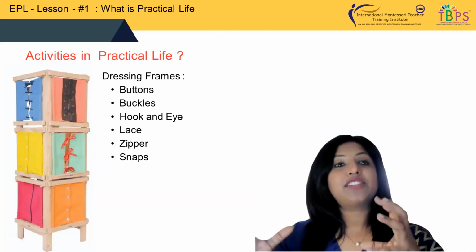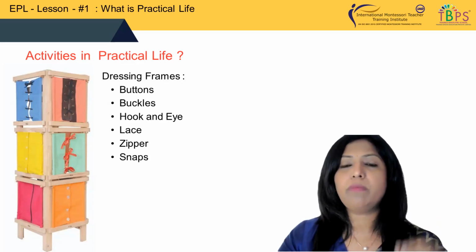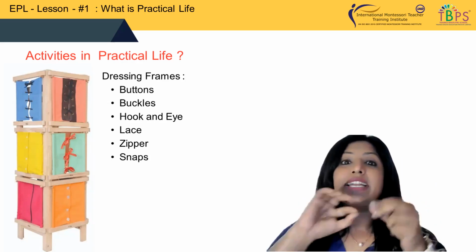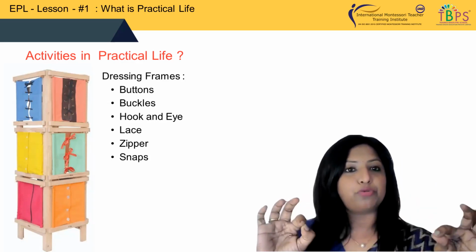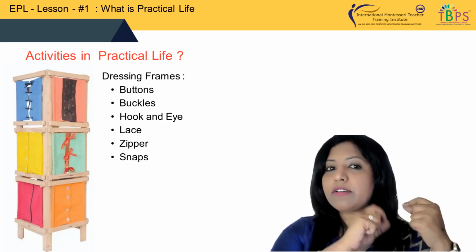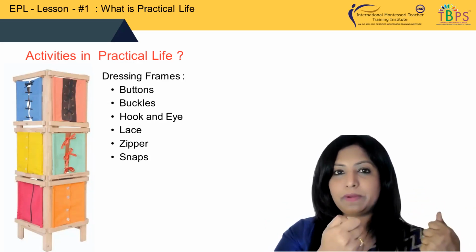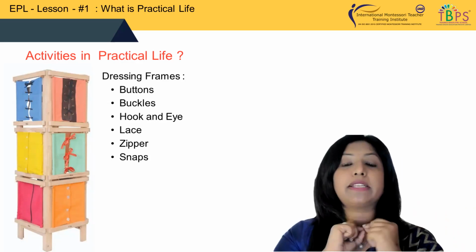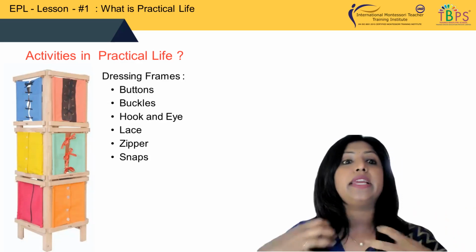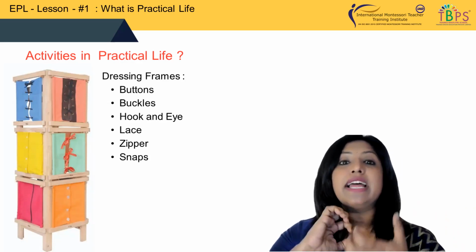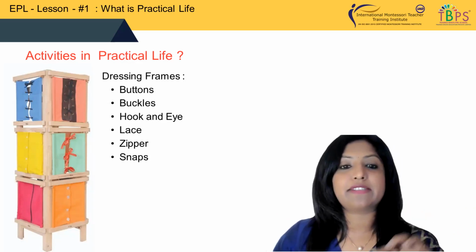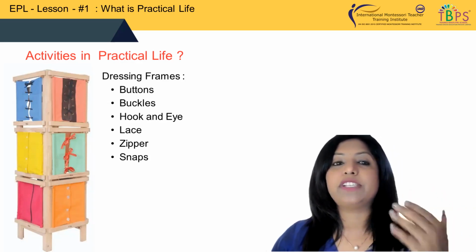And from there, you ask children to bring some clothes from home, which involve all of this. Now, in case your shoes have laces, teach them to tie the shoes. Regularly teach them to tie the shoes. If the child is putting on a ribbon, teach them how to put a ribbon. If the collar has buttons in the school t-shirts, ask them to button and unbutton. If they are wearing a school belt, if it has buckles, let the child use it every day. You can teach them these practical life skills with the material or the objects that they are using.